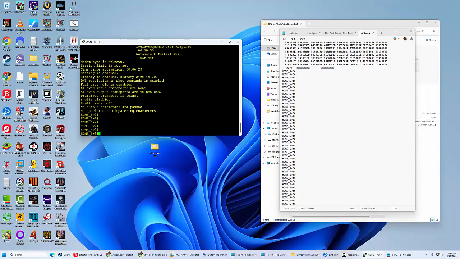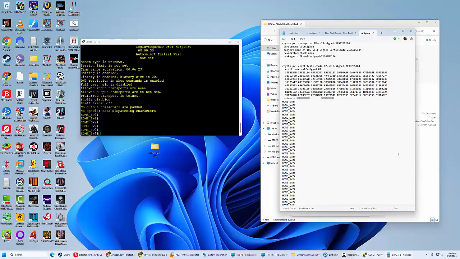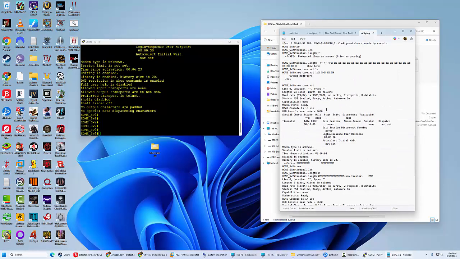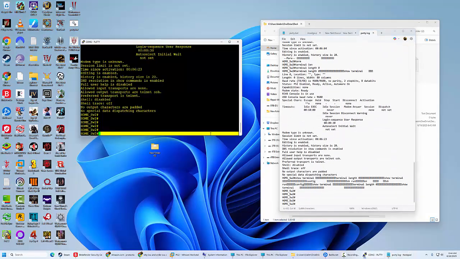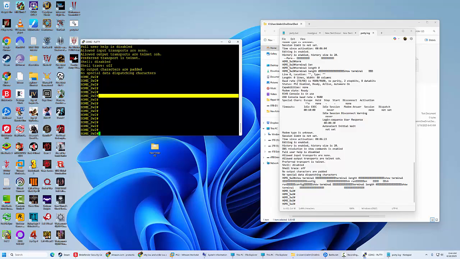Now let's go back to our stuff. You can see the commands that we put in all being logged. But now I want to do this. Saving configs 1, 2, 3.